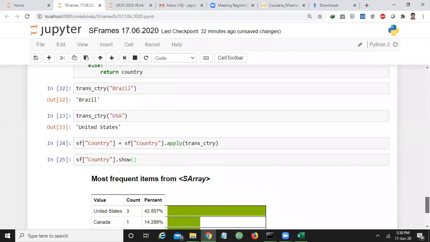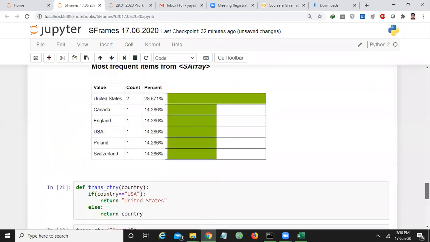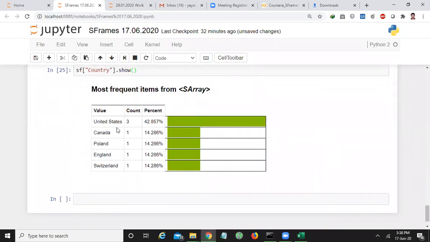Once see here, now United States becomes 3. How many United States are there actually in the previous, before transformation? We have only 2, right? And USA is 1. Now after transformation, you can observe United States becomes 3 and there is no such country called USA. You understand, all of you? Yes?